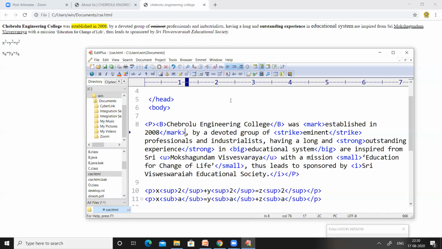For example, if you are trying to apply for the GATE next year, you will generally go to the GATE site. In the GATE site, some scrolling will be there.